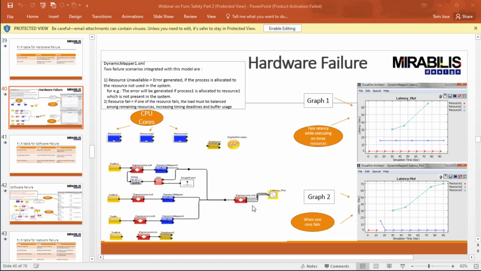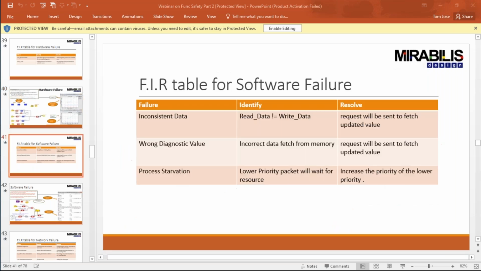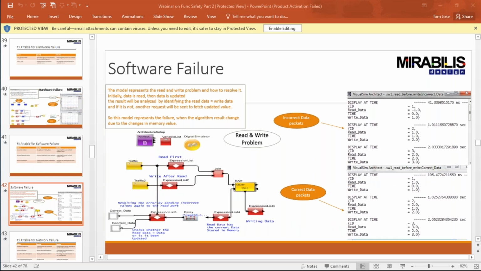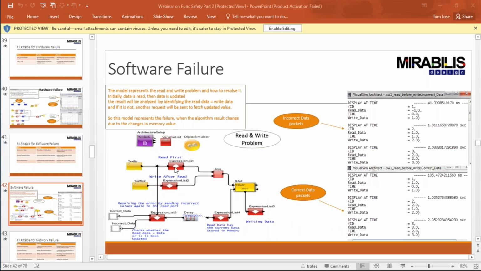Then we talked about the software failure. In that, the inconsistent data, that is read data versus write data, and the resource starvation. So all these,